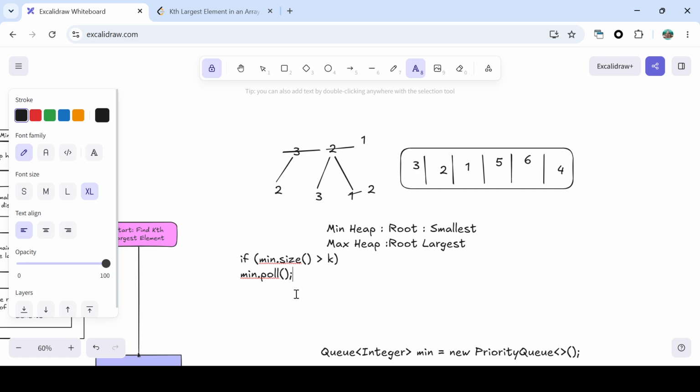And again the size of this heap will be greater than k. In that case, again it will be removed. So 2 will also be removed. Let me write it here. Now here the 5 value was there, and it will also be swapped. So 2 will be removed, and in that case